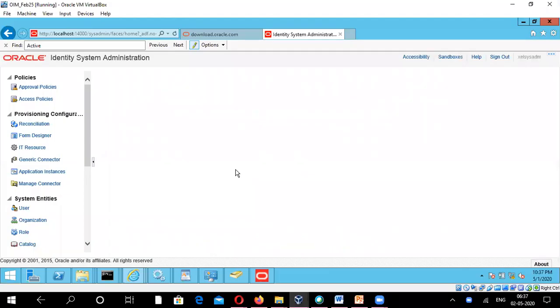All right. So, guys, in this particular module, we are just going to continue with the Active Directory installation steps, Active Directory connector installation and configuration steps. Yes. So, just in the previous module, we